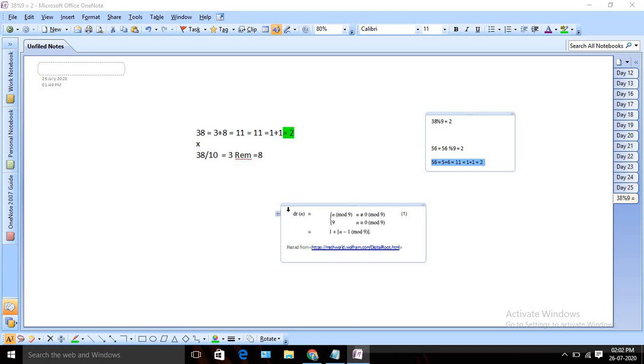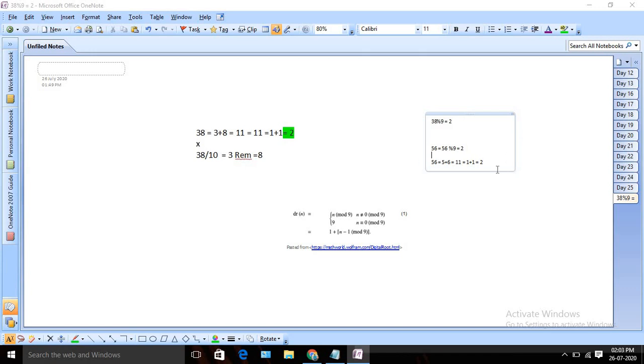This is the formula. This is a congruence theorem, you can say. You can try to explore that on the internet also. If you use this formula, if you do modulo 9 with any number, then you will get the expected digital root, right? So we don't need to iterate again and again. In this way we can solve it in constant time, or order of one time. But there are some catches also.